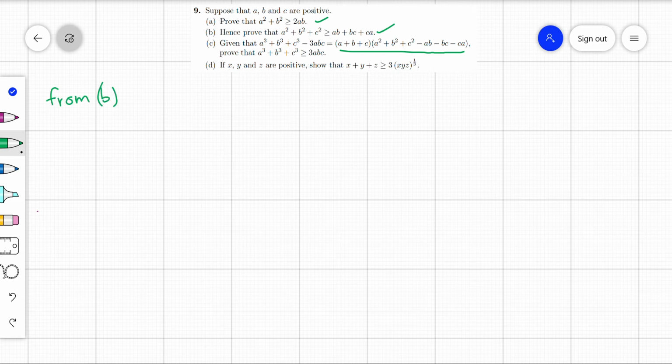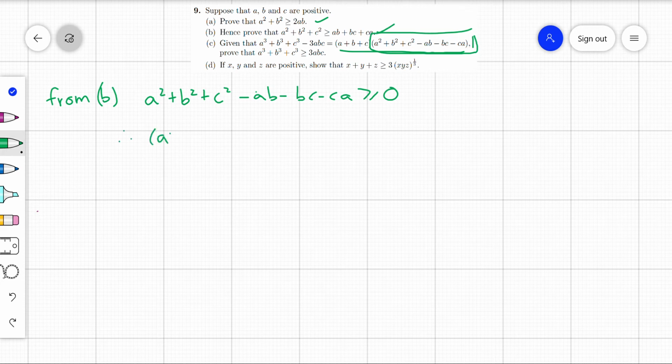So if I just rearrange, let's say from part b, I don't know if I'd go this way, but anyway, we'll try. From part b, if I just put everything on one side, we know that a squared plus b squared plus c squared minus ab minus bc minus ca has to be greater or equal to 0. And that's this bit here, yes? So we can say, therefore, we know that a plus b plus c times a squared plus b squared plus c squared minus ab minus bc minus ca has to also be greater or equal to 0,